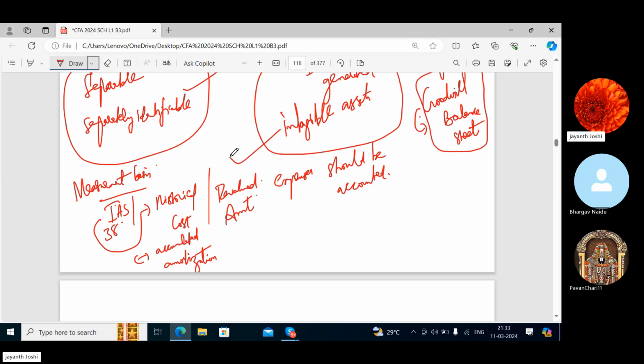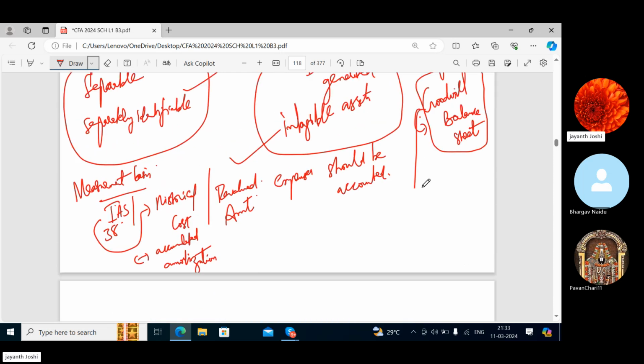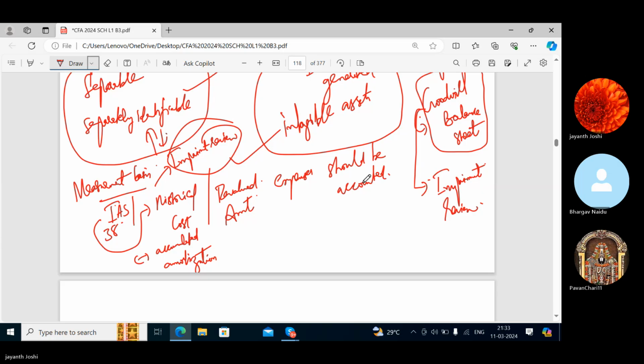What more do I have to explain about intangible assets? Yes, there is a small difference I have to explain. Goodwill is an asset which cannot be amortized. Only an impairment review should be done for this. That means every year you have to check whether the goodwill value is going down. Here also there is an impairment review, but here the value can go up or can go down. So both things are allowed here.